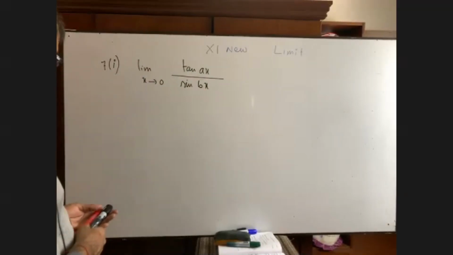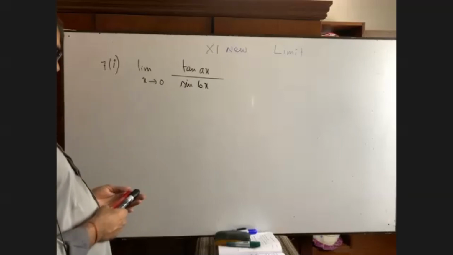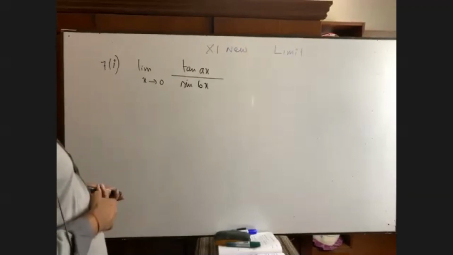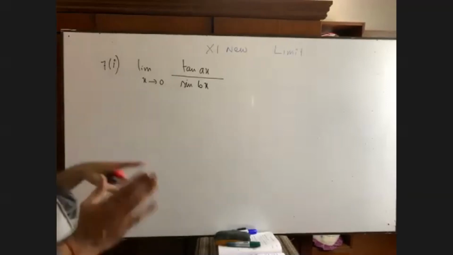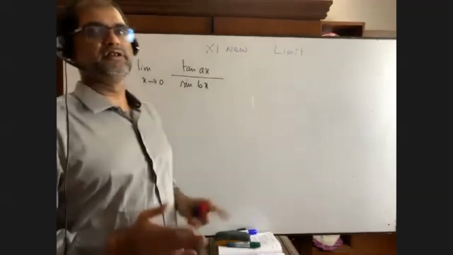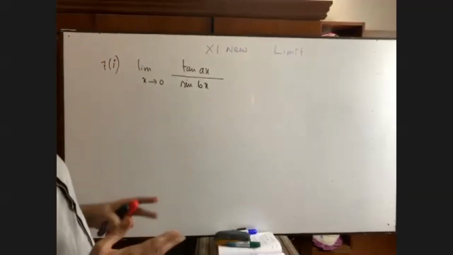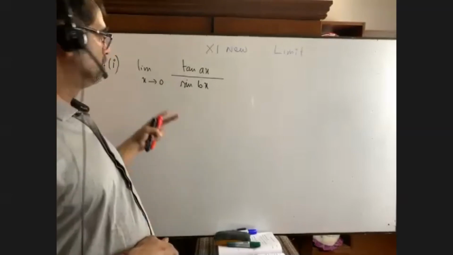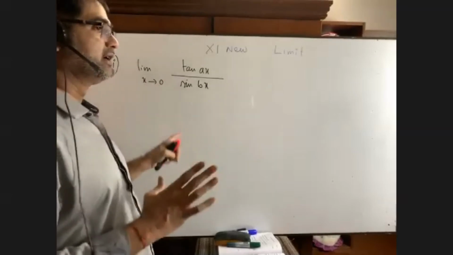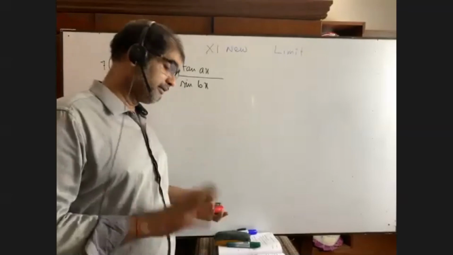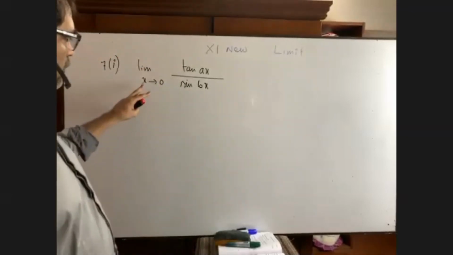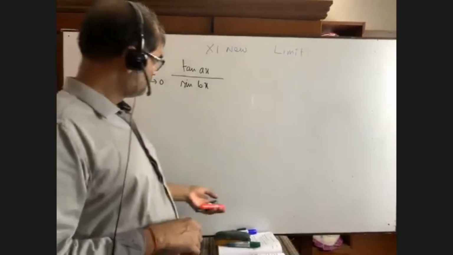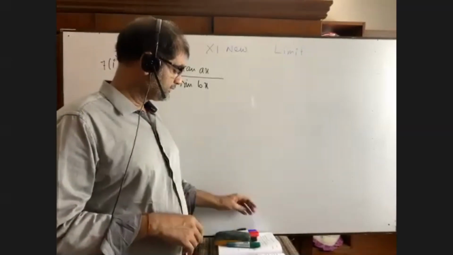No, mapping and this, please don't coincide. X tends to 0 means the value of x is very near to 0. Okay, we can say it is 0. After doing some maths, I'll show you how it comes, with figure, with graph. I'll make you understand what is meant by it. Now we have to do this math.